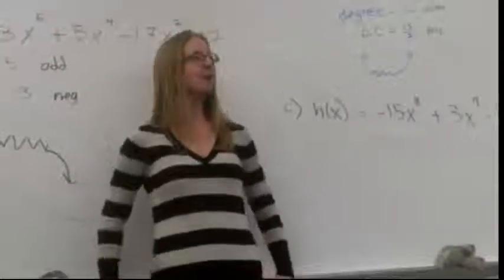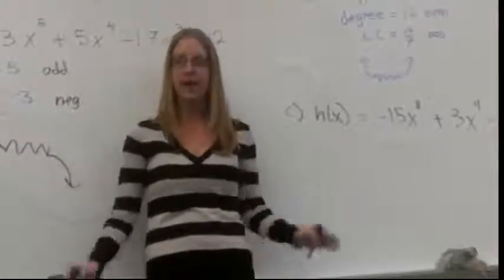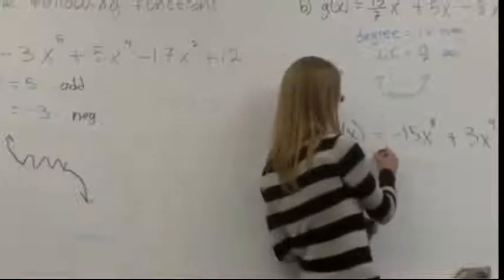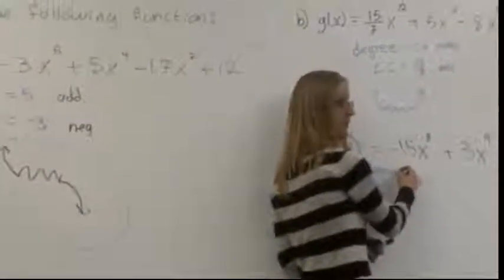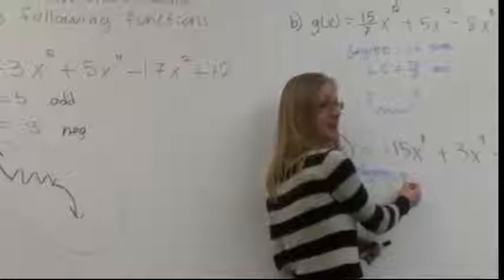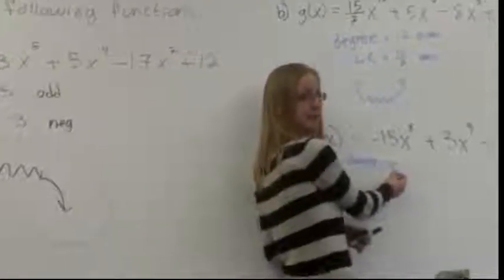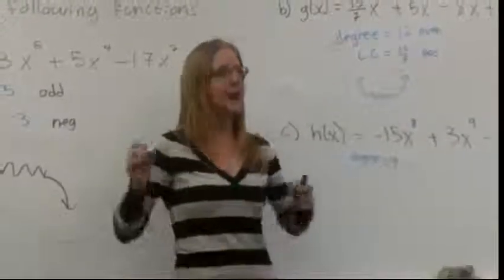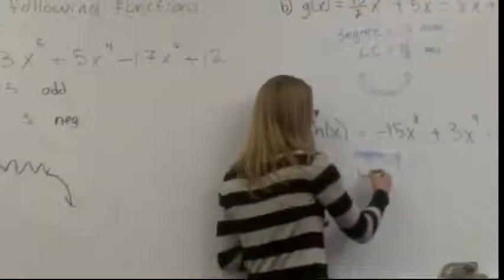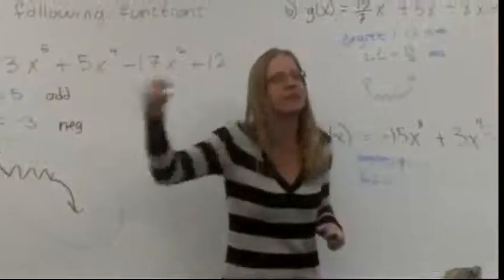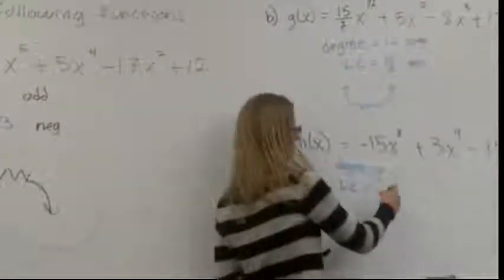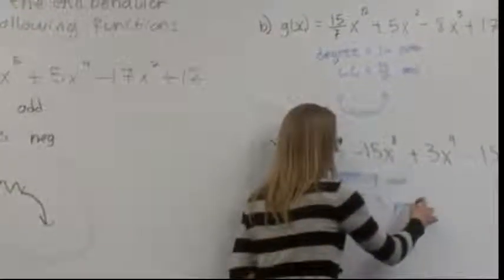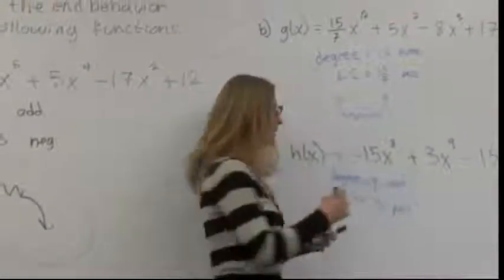Okay, so how did we figure this out? We had to first figure out the degree and the leading coefficient, right? What is the degree of this polynomial? 9. It's a trick. You see why it's 9, not 8? The highest one, not necessarily the first one. Which means the leading coefficient is the coefficient in front of that highest power, which in this case is 3. So my degree is an odd number, my leading coefficient is a positive number. So odd and positive